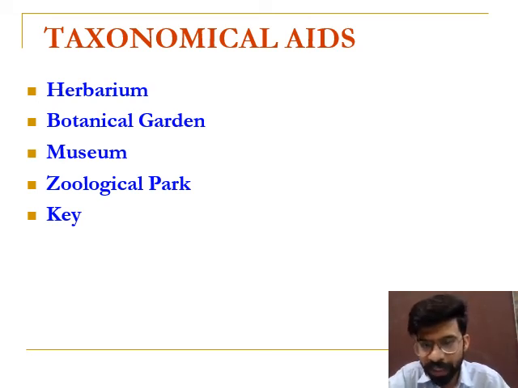Herbarium and botanical garden are used only for plants. In museum, dead specimens are preserved, and both plant and animal specimens can be preserved. In zoological park, living animals are preserved. And key is the analytical device to identify or to classify the organism. This is all about